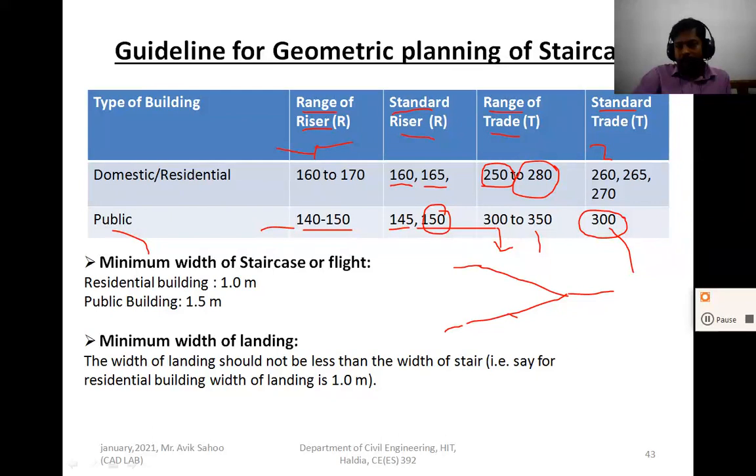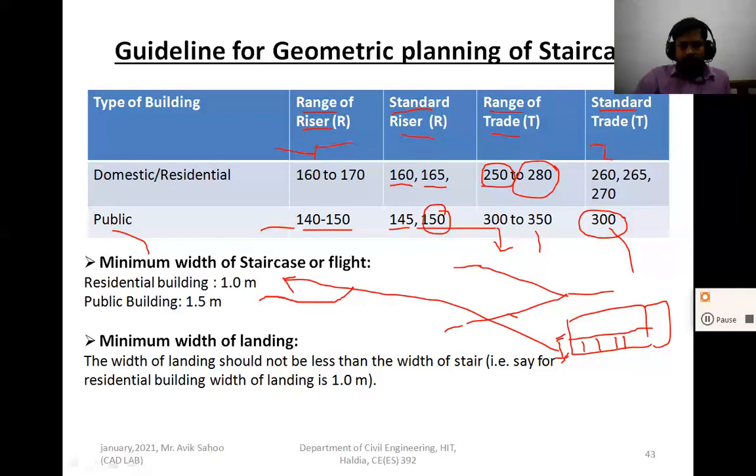This is a flight, and if I draw the plan view, this is the landing portion. This is called the width of flight. The width of flight for residential buildings is 1 meter, whereas in public buildings the width is 1.5 meter.